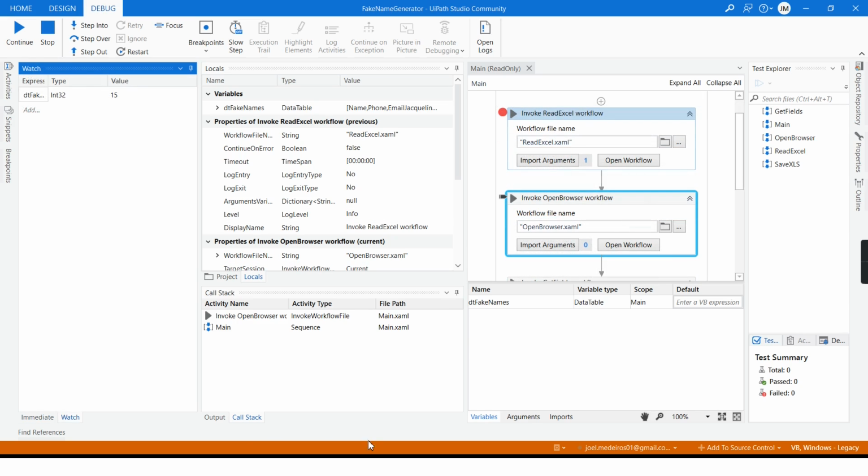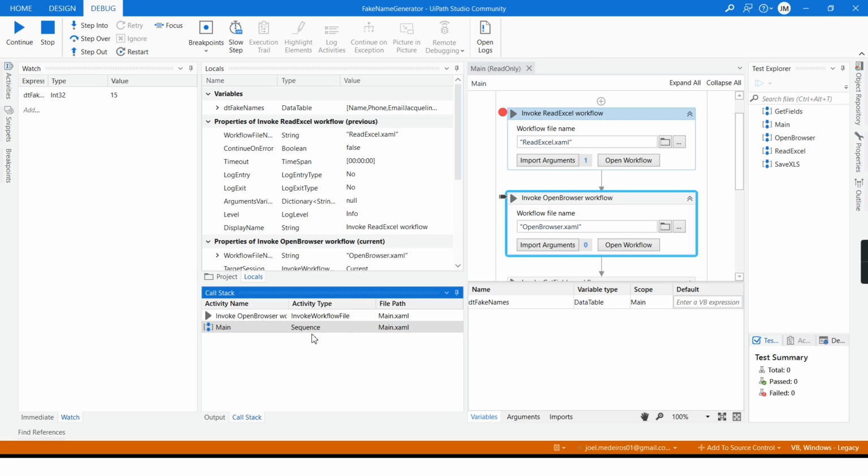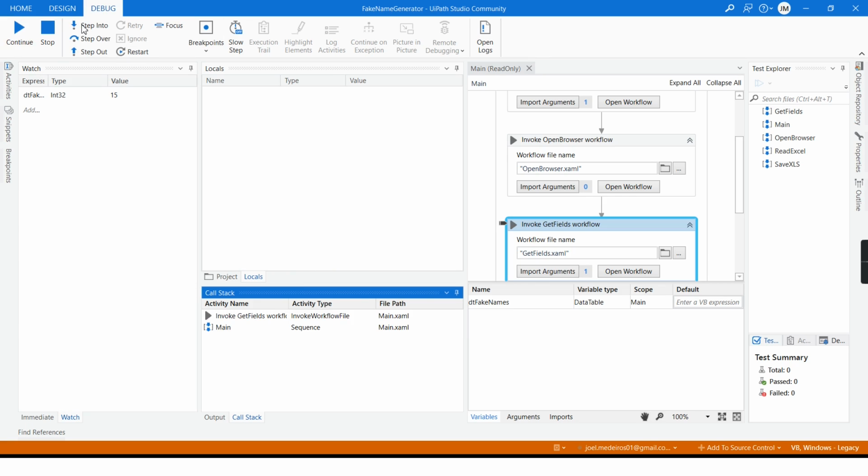On the bottom side of my debugging session, I can see the call stack. And since I am in the main workflow, this is the only one. I will step over in this one. And now I will step in.